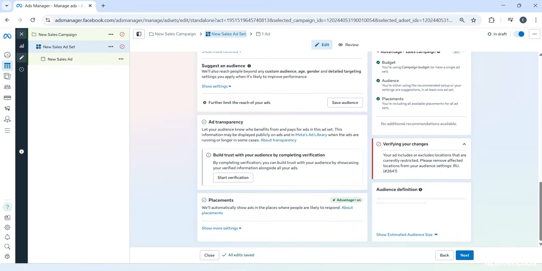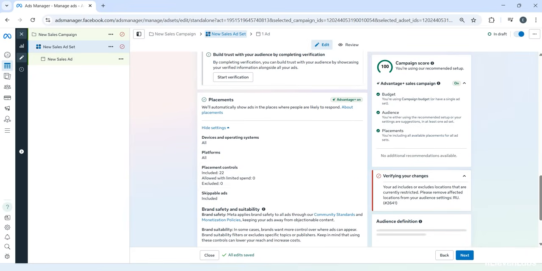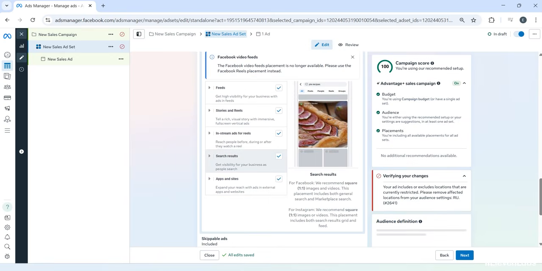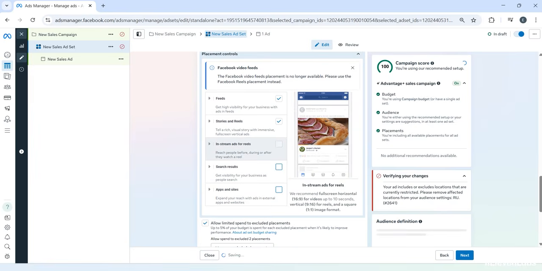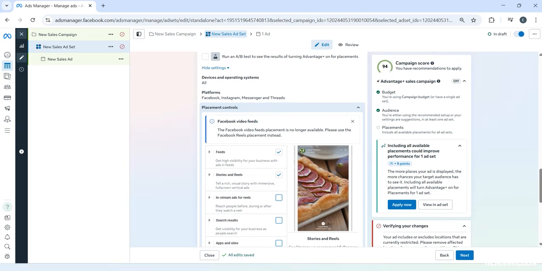Regarding the placements, the situation we encounter here is quite analogous. You need to go into the campaign, navigate to the ad set settings level, then scroll all the way down and locate the placement settings. To disable Advantage here, you will need to narrow down your placements, for example, by removing everything except Instagram and FB. As you can see, I'm removing Advantage, but you don't necessarily have to disable these specific placements. You can leave everything, but for example, if you target mobile devices, Advantage will also turn off.